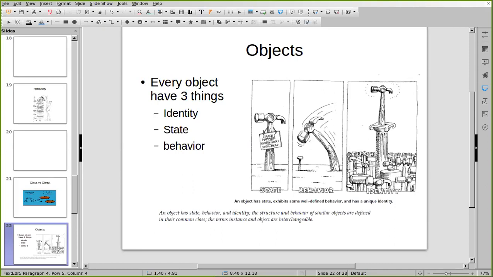Now, where is the identity? Okay, so I told you an object has three things: identity, state, and behavior. So let's say if we talk about an RDBMS, in an RDBMS we have tables. In the table we have a notion of a primary key. Okay, and if you know the primary key, it is used to define